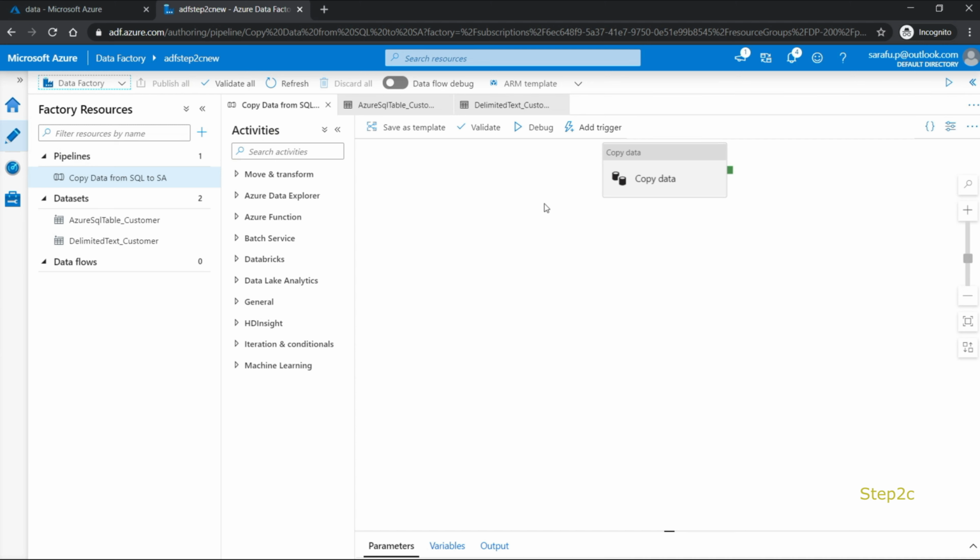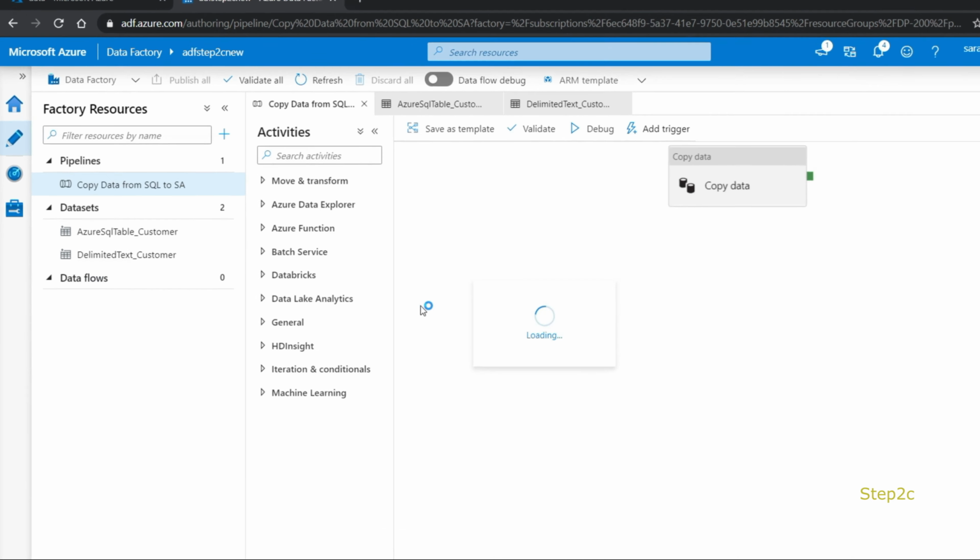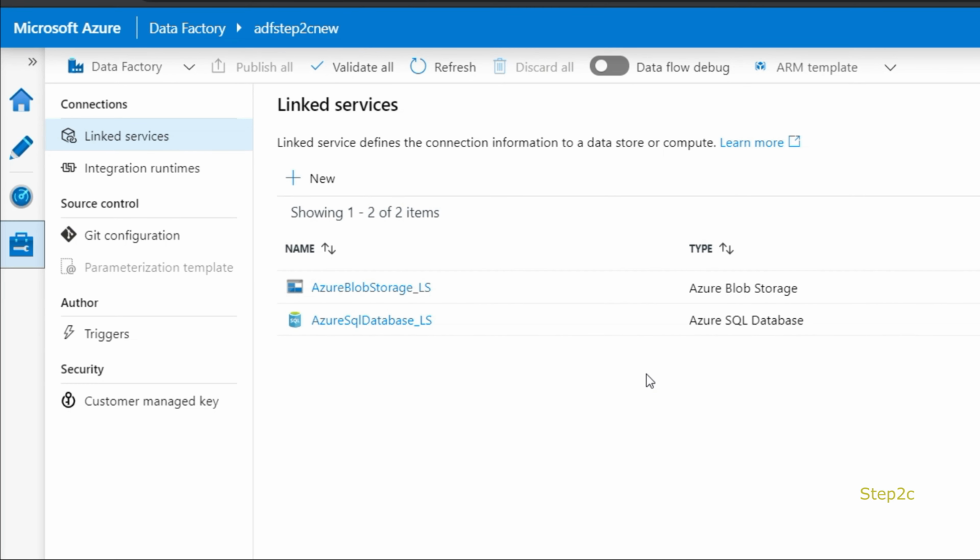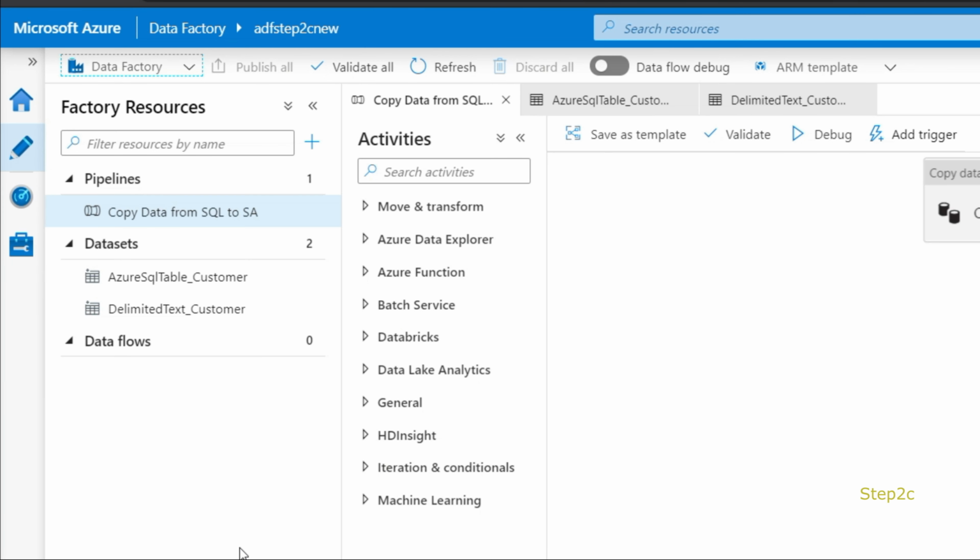So in short, we created 2 linked services. Linked service means connection: a connection to our source system and a connection to our destination. By using these 2 connections, we created 2 datasets. The Azure SQL table customer dataset is pointing to a table and delimited text customer is pointing to a CSV file.